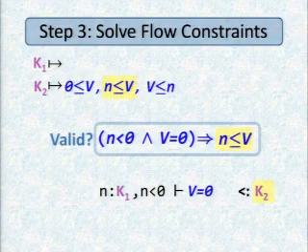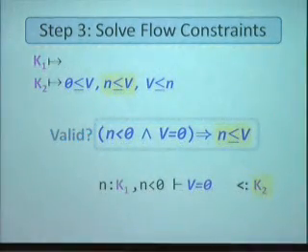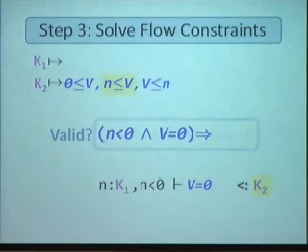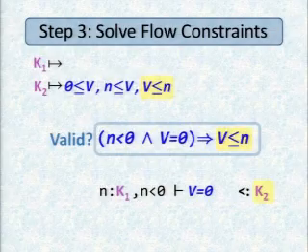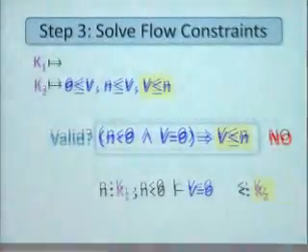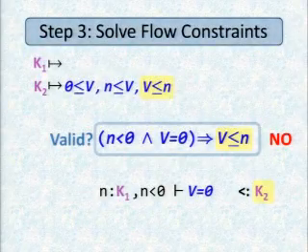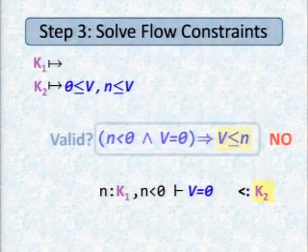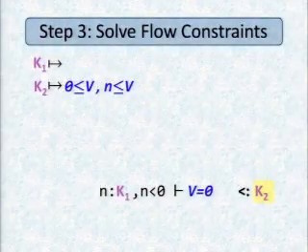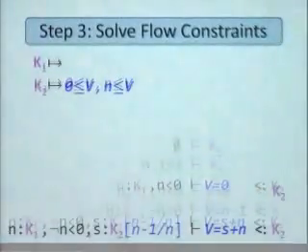What about value is greater than n, or n is less than value? Well, n is less than 0. Value is equal to 0 implies value is greater than n. So this one also yes. Okay. And finally, what about value is less than n? You plug it in, and this time the theorem prover says absolutely not. Okay, n is negative, value is equal to 0. This doesn't make any sense. The implication doesn't hold, and so it nukes that one. Okay, so you make a pass over this constraint, and you're left with these two.